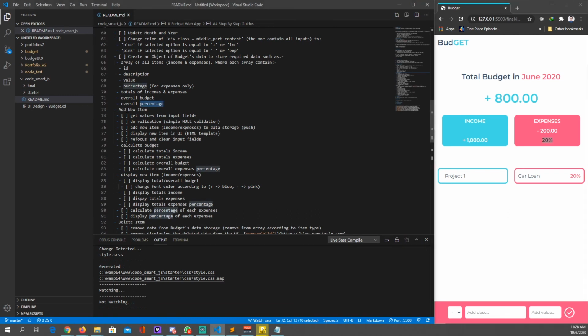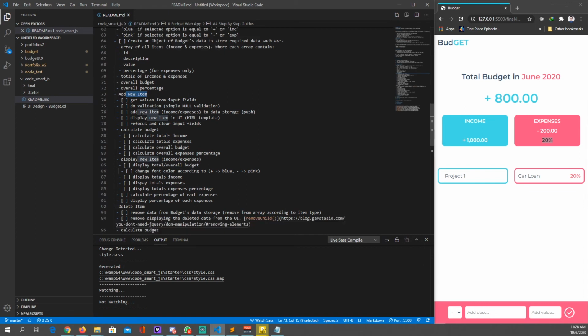Next we're gonna have add new item. Every time we add a new item, the first thing we need to do is to get value from the input fields inserted by the user. Once we get the input fields, we're gonna do a simple validation to check whether the input fields are null or contain any data. Once it passes, we're gonna add the new item information, the description and the value, inside the data storage, meaning our object of budget data.